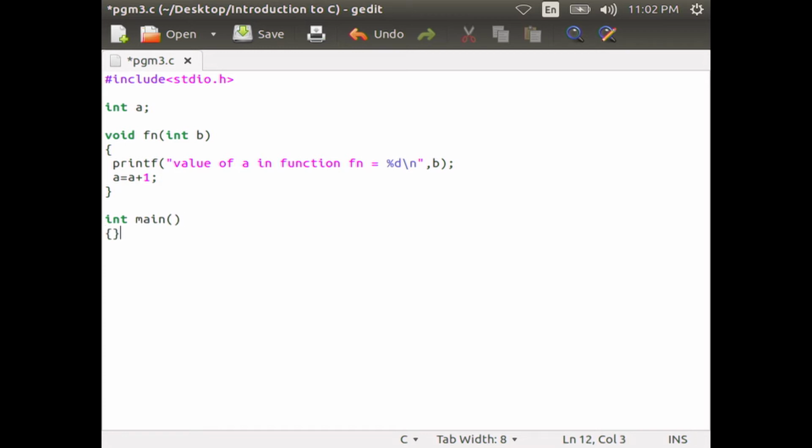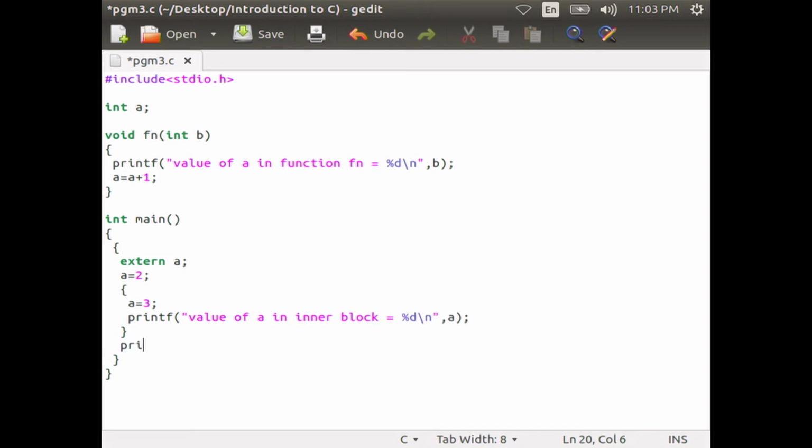Then you start the main function int main within curly brace, again curly brace, extern int a, and a equal to 2, then start next curly brace, a equal to 3, printf value of a in inner block equal to %d comma a, then close the curly brace.